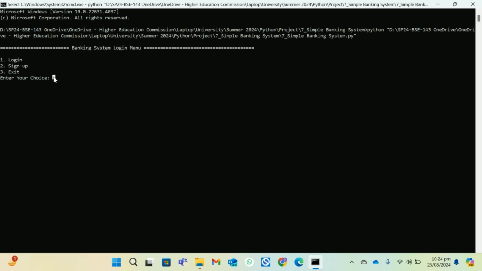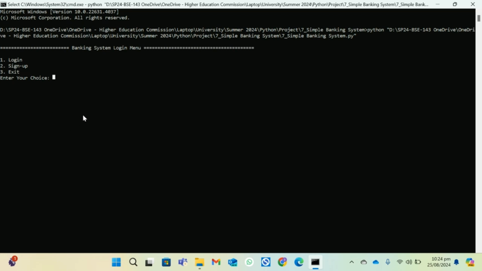The program allows users to sign up for an account, log in using their account credentials, and perform various transactions such as deposits, withdrawals, and balance check. The data for each account, including the password and balance, is stored in a text file named after the account number. This structure keeps the program simple and easy to understand while demonstrating key programming concepts.